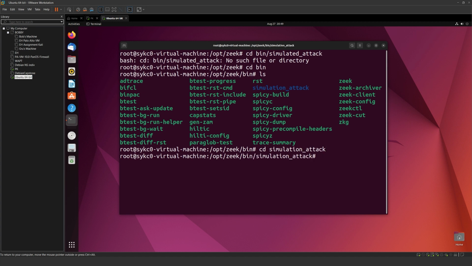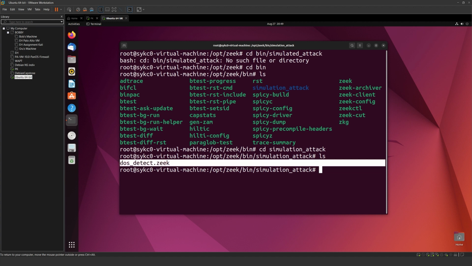If I do a quick ls, here is the custom script, the denial of service detect.zeek. So if I do a cat of the file,